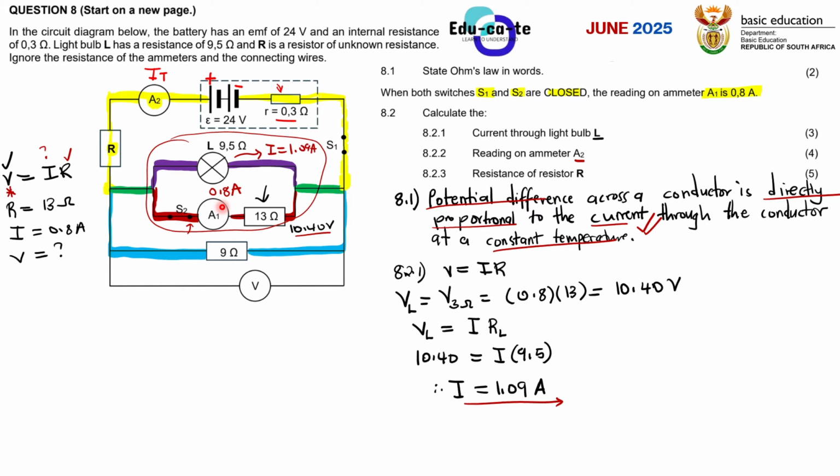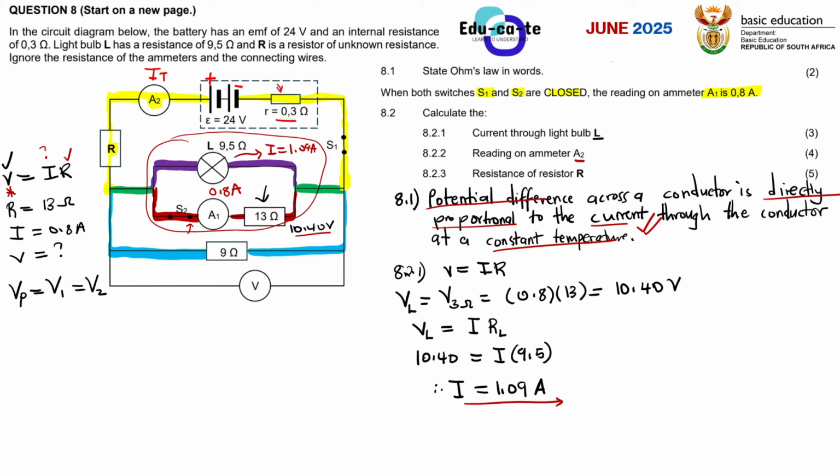Voltage is equal. Guys, when we're having parallel components, we say that the parallel voltage is equal to the voltage of the first thing, is equal to the voltage of the second thing. Even if you have 1,000,000 resistors connected in parallel, they will have the same voltage, and the total of that combination will still be the same voltage. That is what I'm talking about when I say that you understand that voltage is equal. You don't just cram these things, guys. This is physics. You have to go and dig deeper and understand.